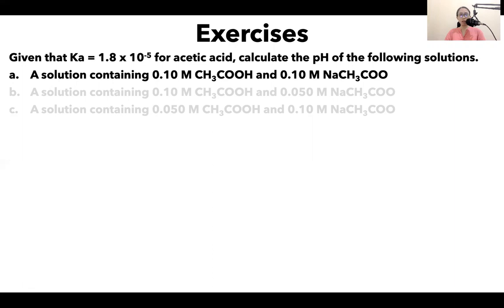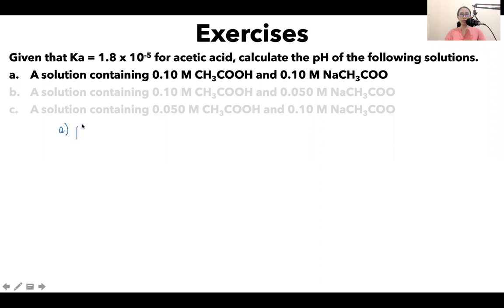Now you have learned, if we look at these two components of the solution, we have equal concentrations for the conjugate base, which will come from sodium acetate, and the weak acid, which is acetic acid. So automatically, in our Henderson-Hasselbalch equation,